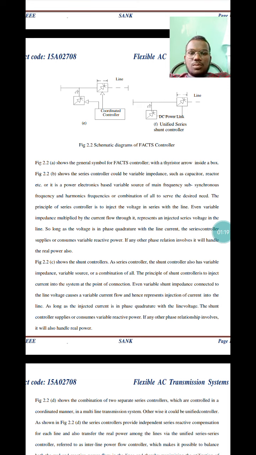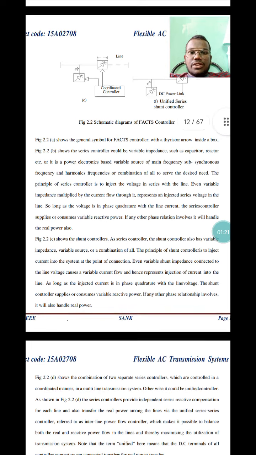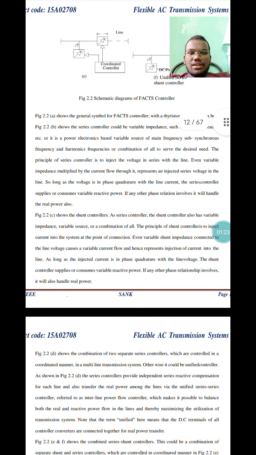Coming back to the topic, series controllers are used to inject voltage in series with the line. Even a variable impedance multiplied by the current flowing through it represents an injected series voltage in the line. So as long as the voltage is in phase quadrature with the line current, the series controller supplies or consumes variable reactive power. If any other phase relation is involved, it will handle